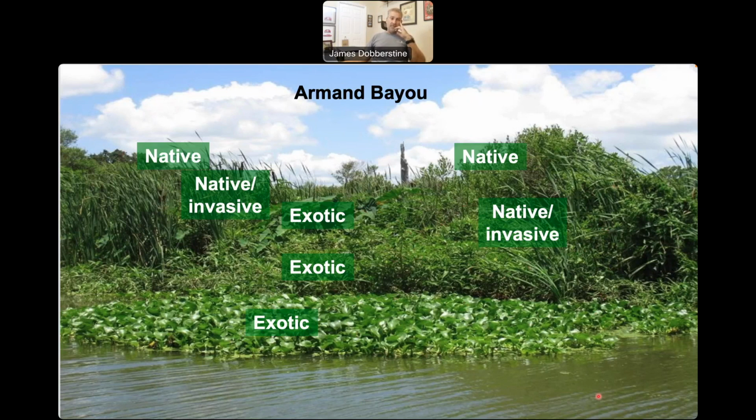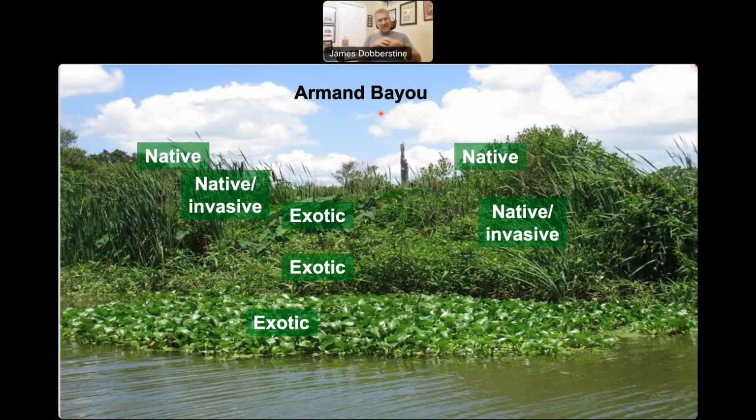And along Armand Bayou, if you ever go spend any time up there, they have great kayak tours, by the way, if you like to kayak. They also have a pontoon boat that sometimes I serve as a guide on. But in any event, whenever we take pontoon tours up and down there, you'll see numerous exotics and then some